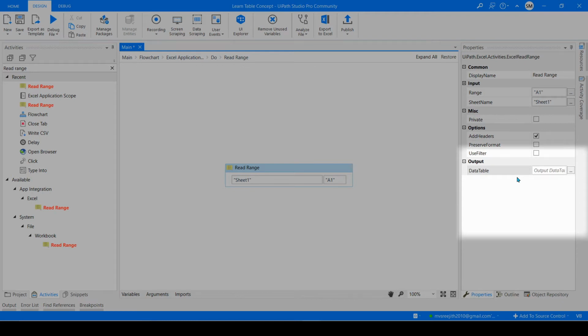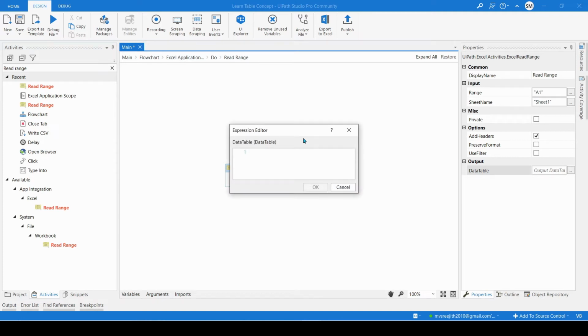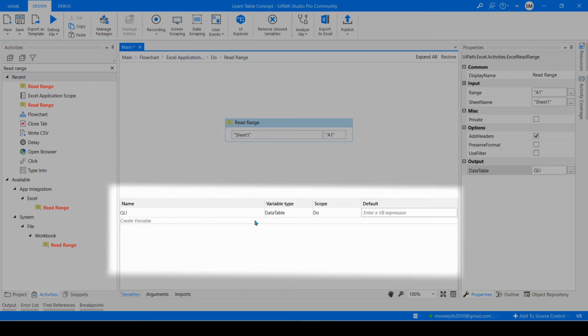So nothing but your data set. For that you can just click on this three dot icon and create a new variable. Just click on create a variable, and I'm just giving QLI. So this is my name of the output table. So click on OK. And then once you define the variable, you can go to the variable tab and look